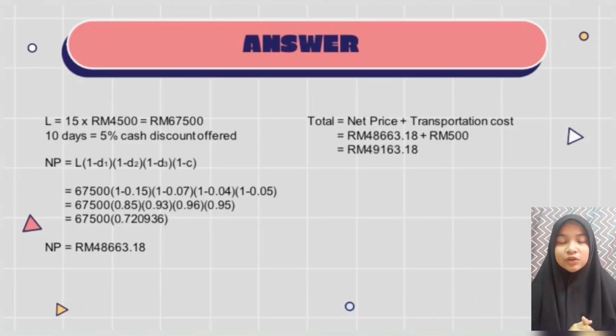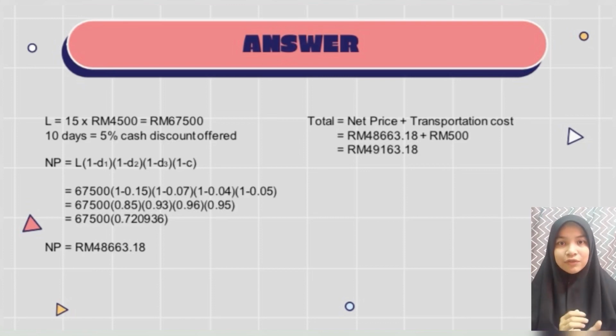Firstly, we need to identify which terms that we should use. For this question, we use NP equals to L in bracket 1 minus D1 in bracket 1 minus D2 in bracket 1 minus D3 in bracket 1 minus C equals to 67,500 in bracket 1 minus 0.15 in bracket 1 minus 0.07 in bracket 1 minus 0.04 in bracket 1 minus 0.05. After simplifying in the brackets, we get 67,500 in bracket 0.720936. And the answer for net price is RM